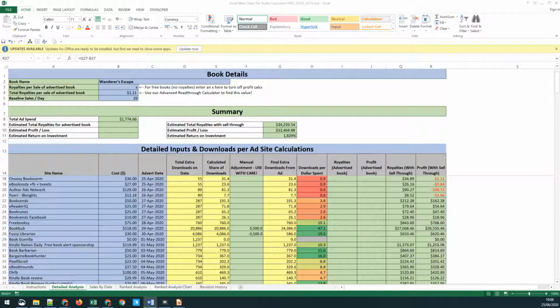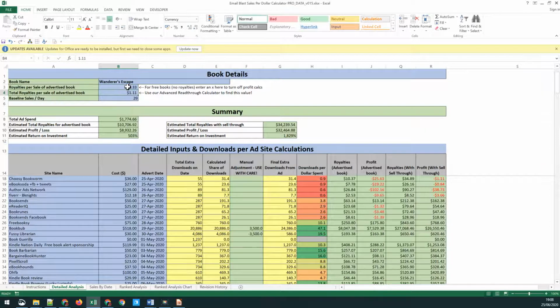So that is almost it. The thing we add as well here, let's put that back to 33 cents. So again, we have the values here, estimated return on investment of book 1 sales, but we now also calculate that for the entire sales based on this number here, and you can see your ROI there as well. So that's it